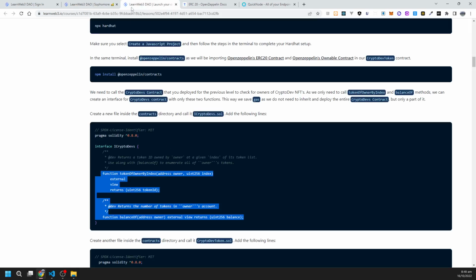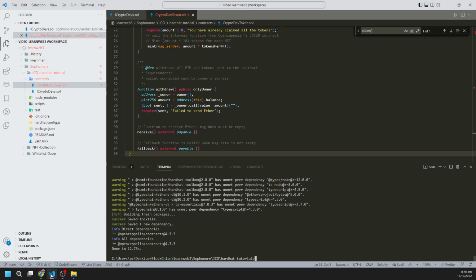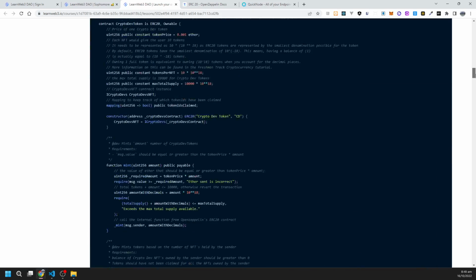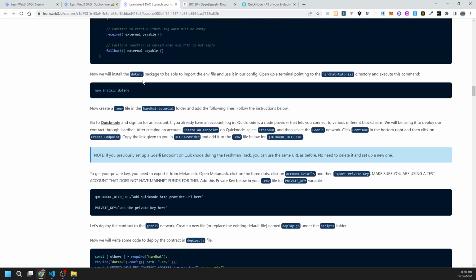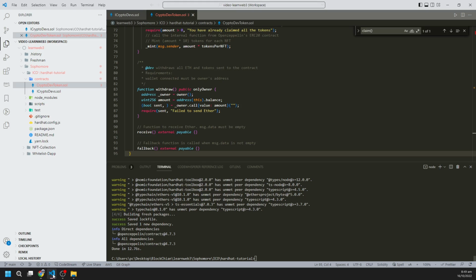Now let's move on. Yes, it's completed. We have copied this file. Now add another extension, which is dotenv, with which we need to create an env file in which we will put our Quicknode HTTP URL and private key. So let's install it. Yarn add